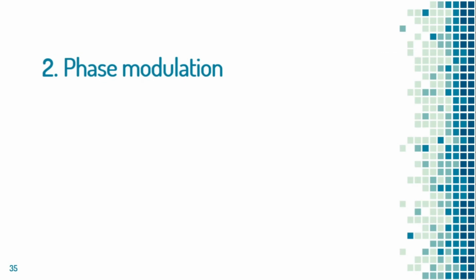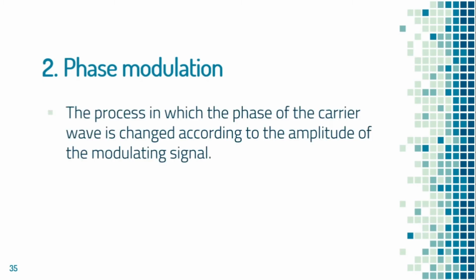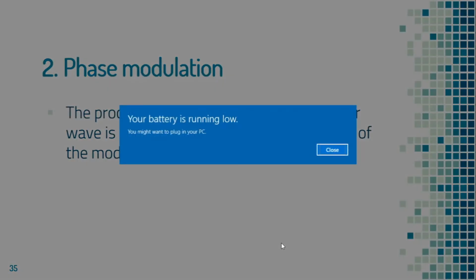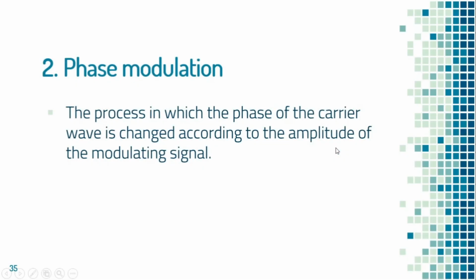So let's proceed with the second type of angle modulation, which is phase modulation. Phase modulation is a process in which the phase of the carrier wave is changed according to the amplitude of the modulating signal. So, tulad lang ng frequency modulation, hindi amplitude ang binabago, but instead it is the phase of the carrier frequency that is changed by varying the amplitude